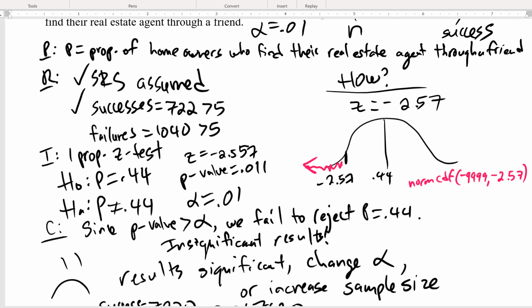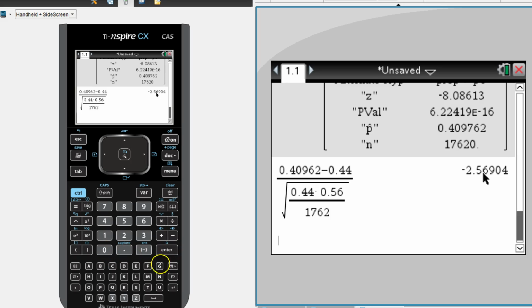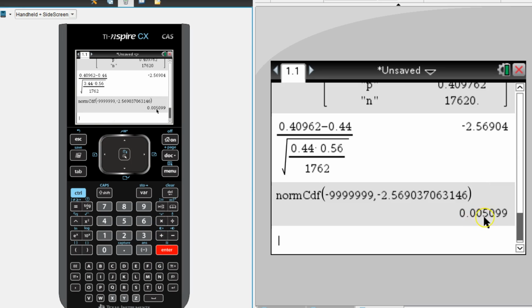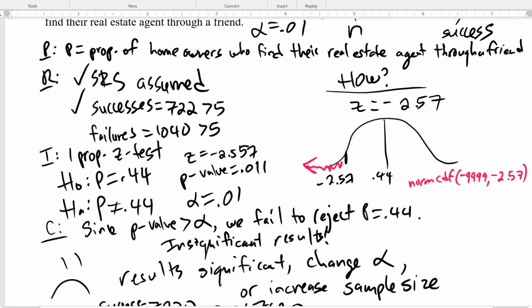Now this actually isn't going to be right. Here's why. Norm CDF negative a bunch of 9s to this number. That's not quite the same probability. In fact, it's about half of that probability. See, we were not doing a left tail test. A left tail test is if it had been less than. When the alternative